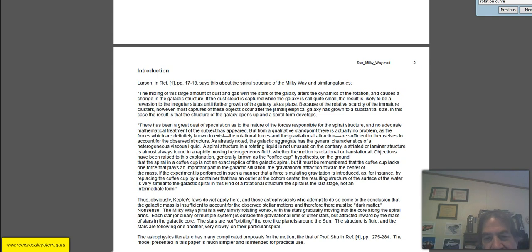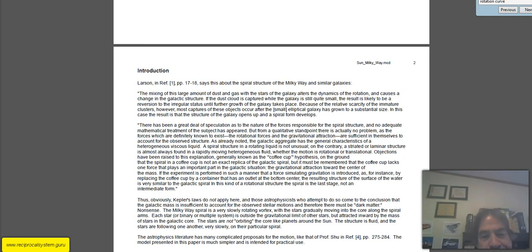As already noted, the galactic aggregate has the general characteristics of a heterogeneous viscous liquid. A spiral structure in a rotating liquid is not unusual. On the contrary, a striated or laminar structure is almost always found in a rapidly moving heterogeneous fluid, whether the motion is rotational or translational. Objections have been raised to this explanation, generally known as the so-called coffee cup hypothesis, on the ground that the spiral in a coffee cup is not an exact replica of the galactic spiral, but it must be remembered that